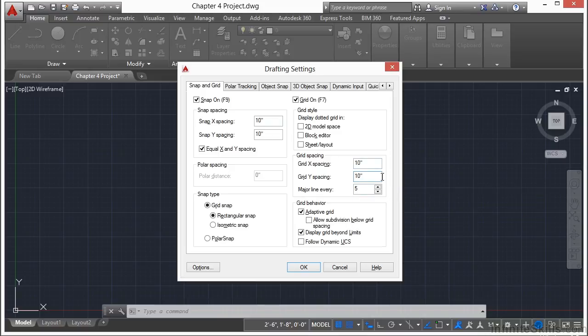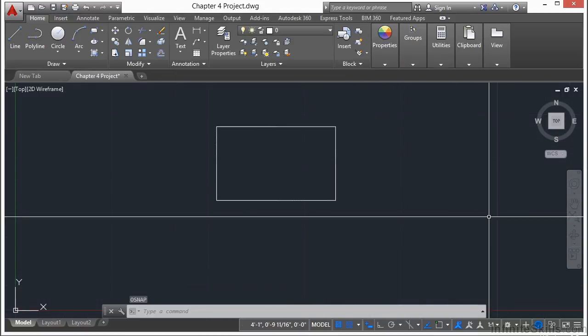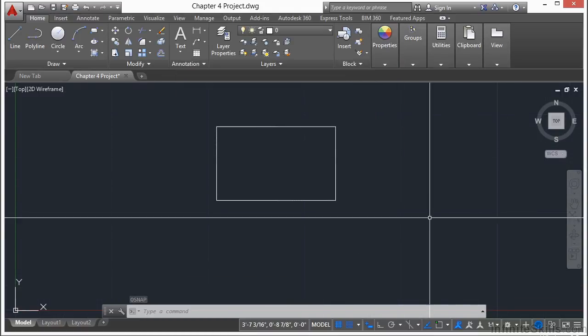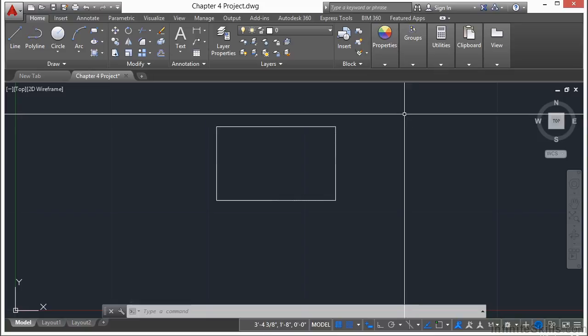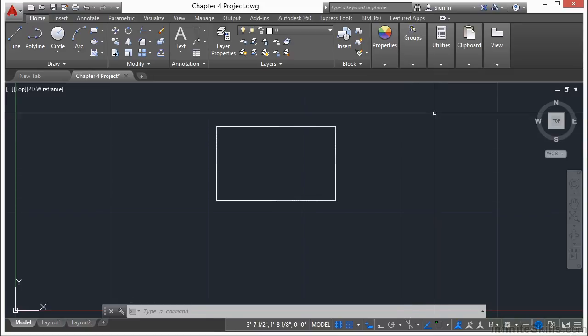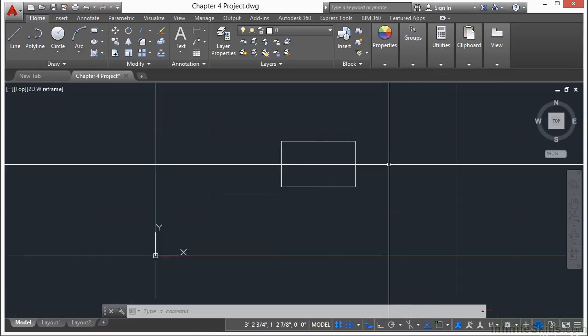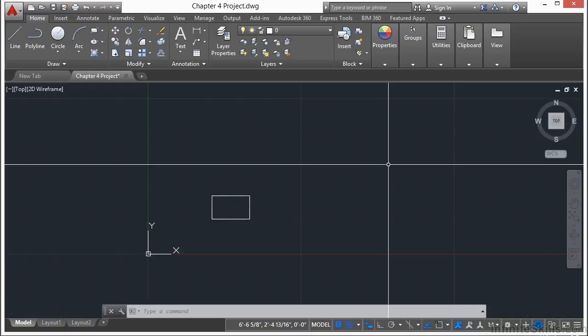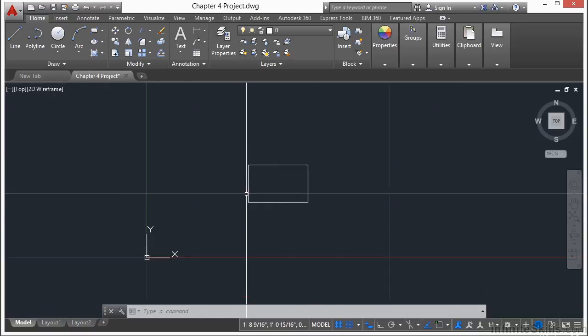Now we have 10 and 10 throughout. Make sure your other settings match. Click OK. Now you'll see our grid has visually changed. Our grid reflects that every line is 10 units away or some factor of that. As we zoom in and out, you'll see that it gets a little bigger or smaller, but they're